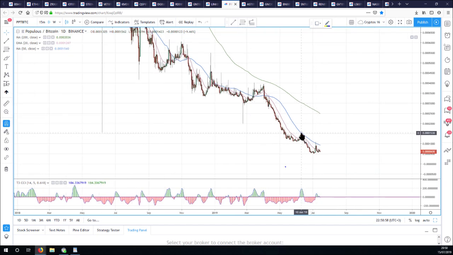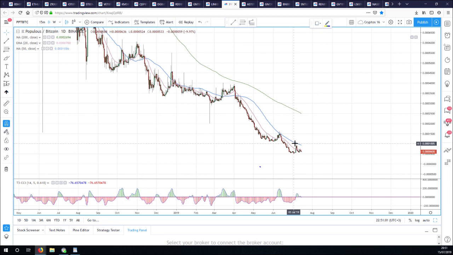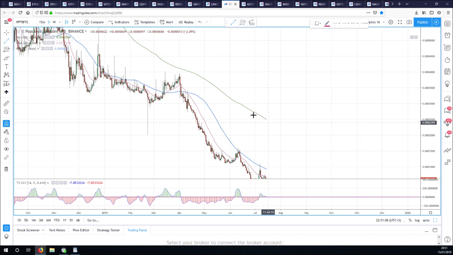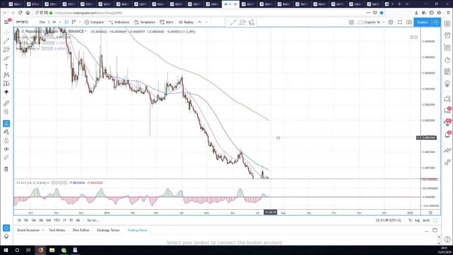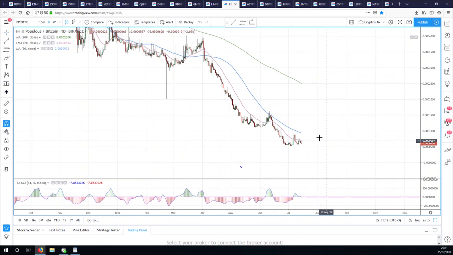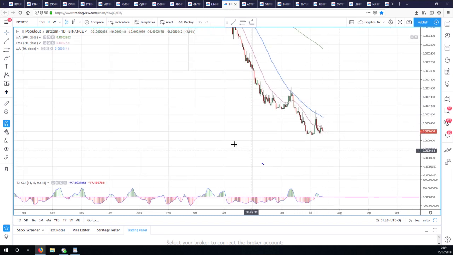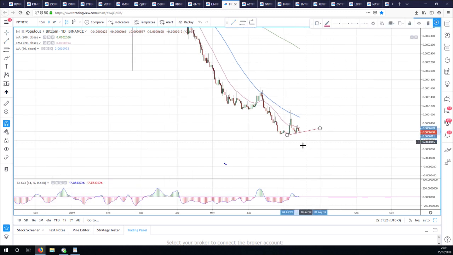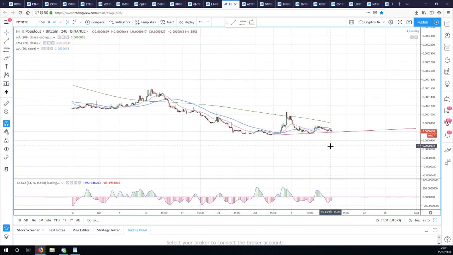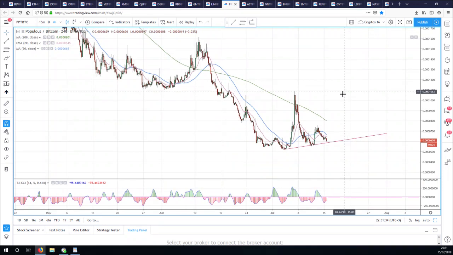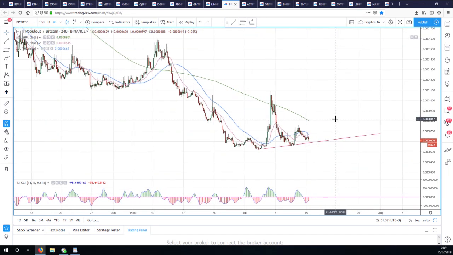See how all the way down this, previously this 50 moving average twice now has been resistance. I probably wouldn't buy Populous against Bitcoin unless we got back above that daily 50 moving average and held above it, because we're just in a downtrend until we do, and every rally is going to bang its head and then carry on lower. At the moment, there's no reason for me to buy this. We've even got rejected at the 20 here, and we're still underneath it. And this has a bit of a bear flag look to me, unfortunately, in Populous. So I'm really sorry I'm not more cheerful about this one.